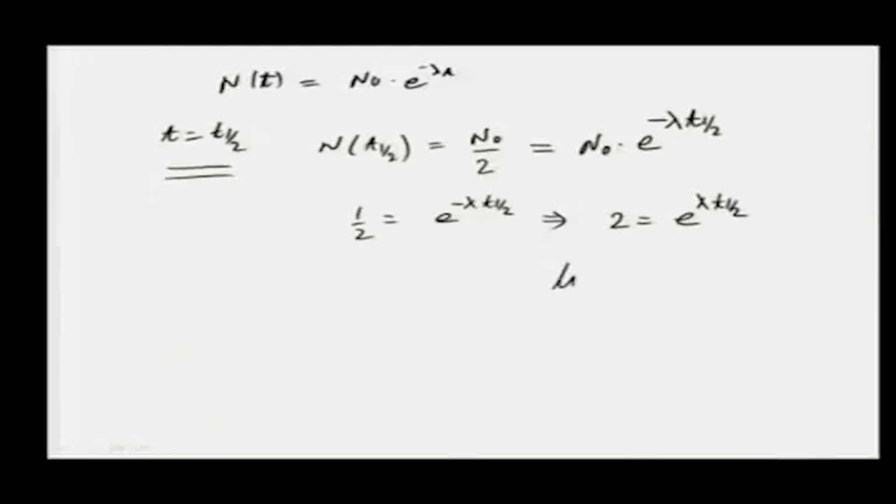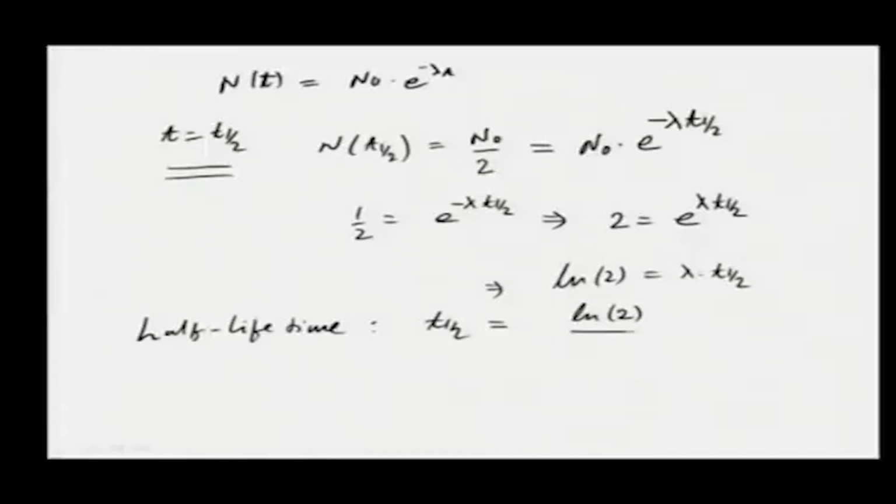Now, we take the logarithm on both sides. So, that will give you log 2 is equal to lambda t half. This time needed to reduce the number of nuclei from n0 to n0 by 2 is called the half life of that particular nucleus. So, half life t half is equal to the logarithm of 2 divided by the decay constant lambda,